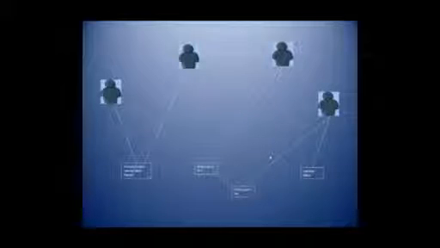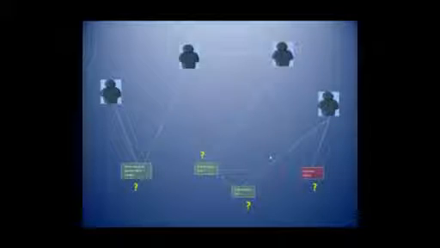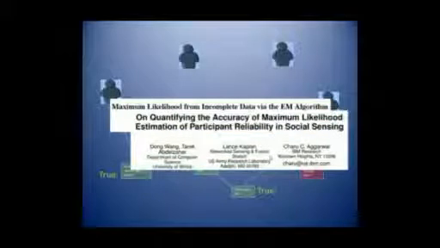We then find the optimal assignment of truth values to entities and claims that is maximally consistent with the links in the network. That is to say, we determine what may be true and what's not in a manner that is maximally consistent with the evidence. This is an expectation maximization problem, and we use Dempster's EM algorithm to solve it. We can also compute a measure of confidence in the result using the Cramér-Rao bound. It tells us how likely our conclusions are to be true.